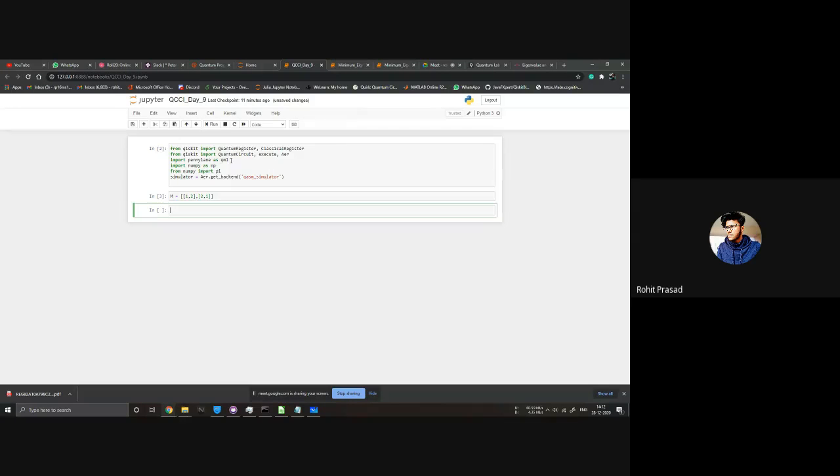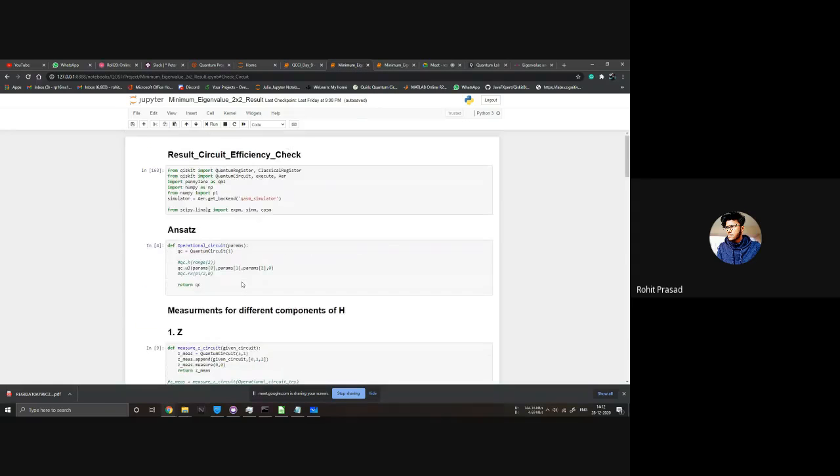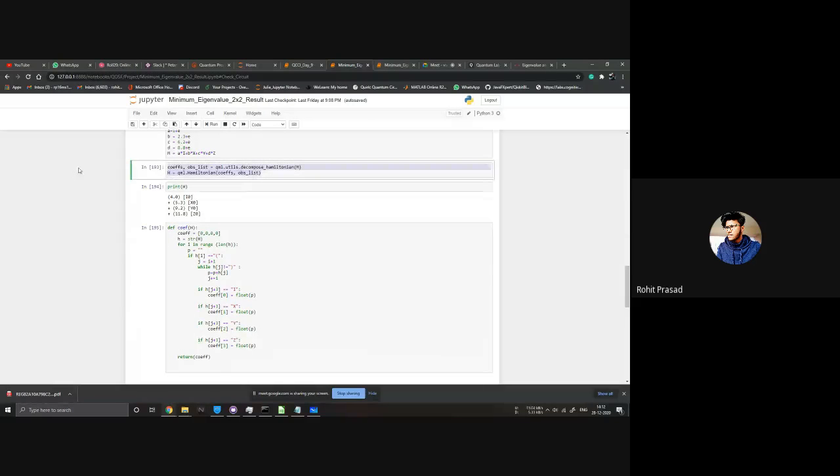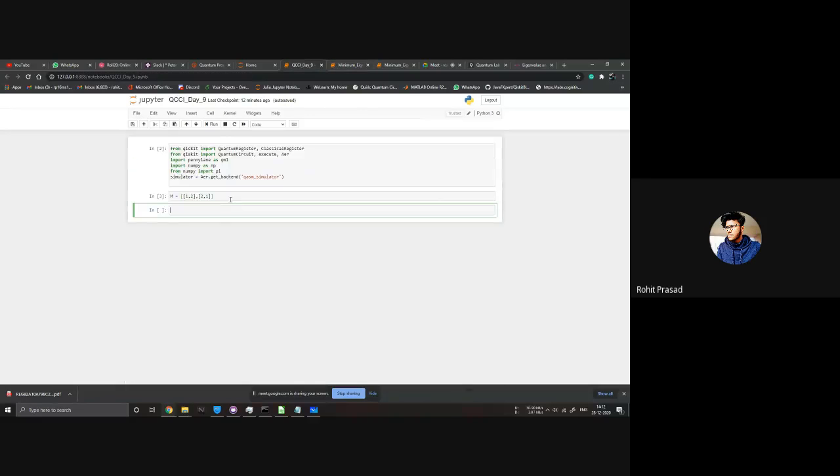There is a module in PennyLane which can decompose this matrix into the I, X, Y, and Z. I don't remember the code, which is why I have done it earlier also. So let me just copy that and I will explain it to you. So this is the code. I have imported PennyLane as qml. From qml.utils, this is the way of doing it, a defined formula.